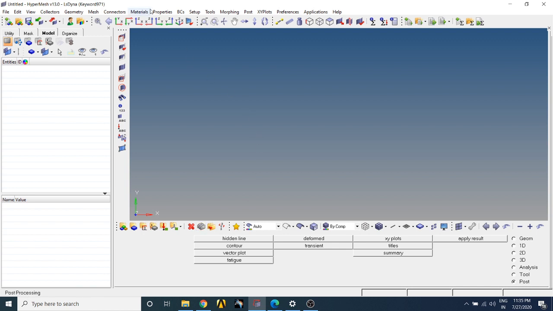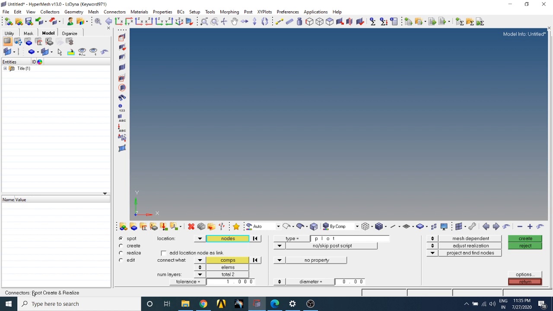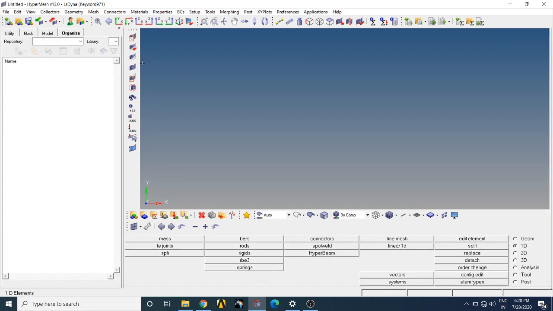Now I will go to connectors and create something. I will go here. Connector is showing like that. Connectors in sub area, we are in current status. Our work is in current status. It is showing like that. Suppose if you keep any mid surface mesh, it will show how much percentage has been done. It will show like this. I will discuss some options here. First, I will go to menu bar.